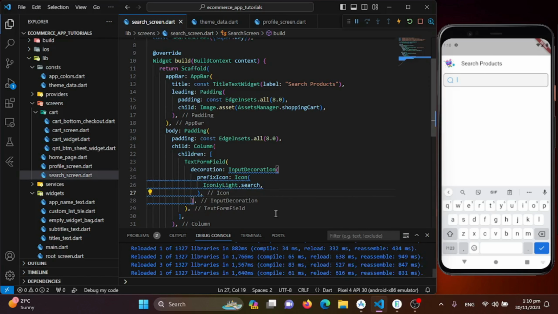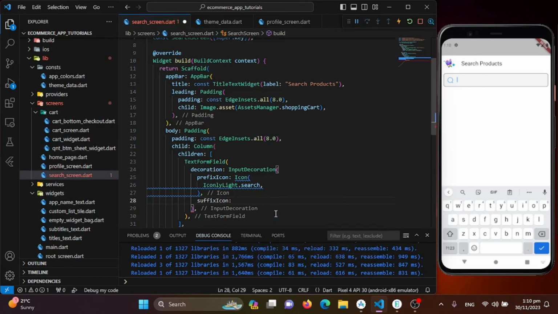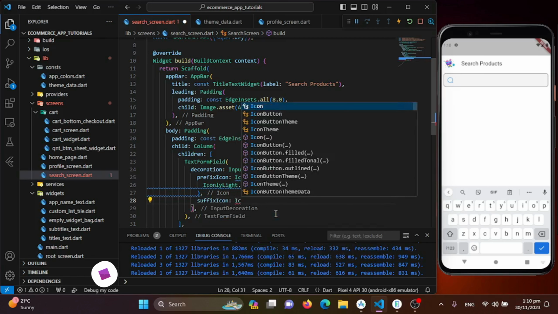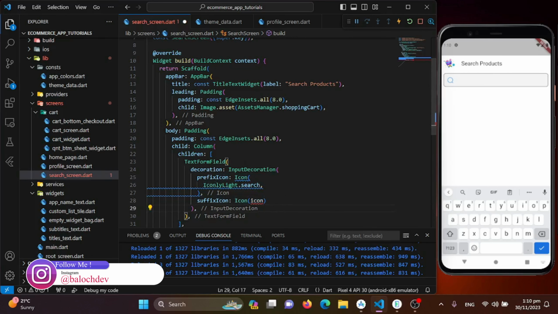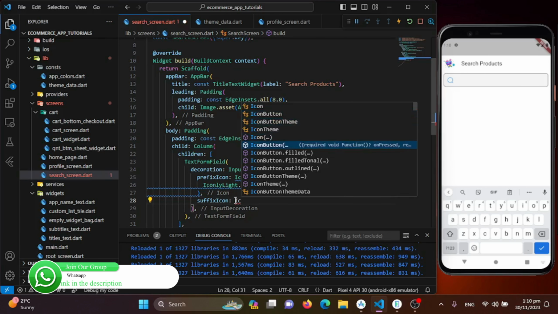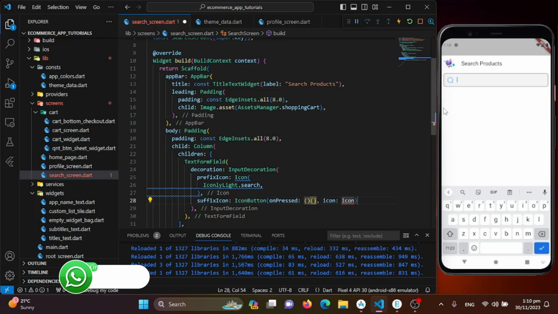So I'll come out from this prefix icon. Now we need to use the suffix icon. For the suffix icon, I'll be using the icon, and we need to make this icon clickable. So when we click on this, we need to perform some kind of action. For that I'll use the icon button, and we will tackle this later on to clear the controller of this text form field. So first I'll provide the icon here,